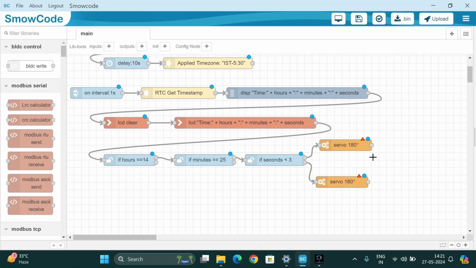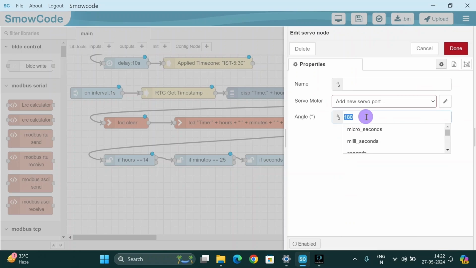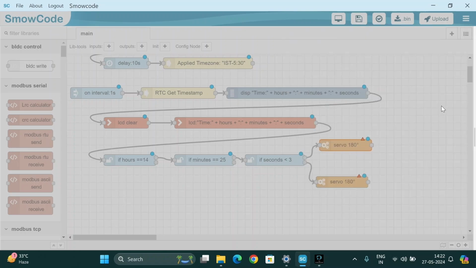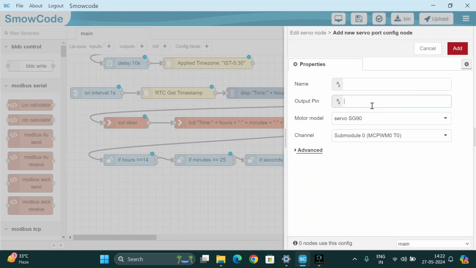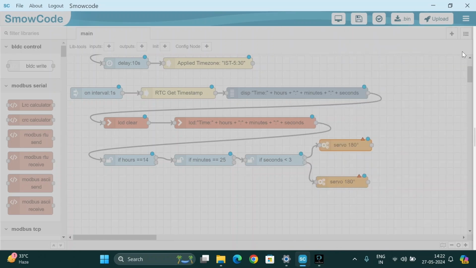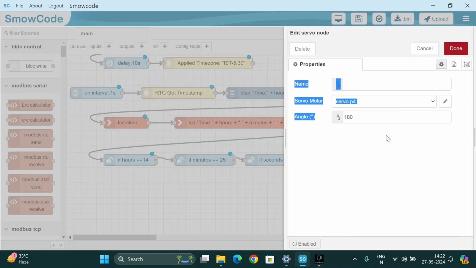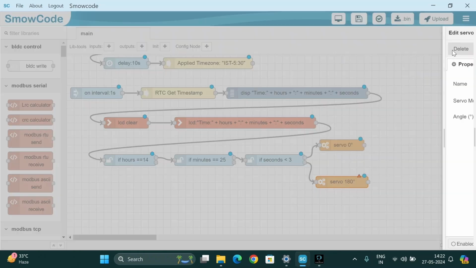So if the current time matches the feeding time, then the servo will rotate at 0 degree. Then select the pin, the output pin is 4, add, done, or else the servo will be at 90 degree. Done.